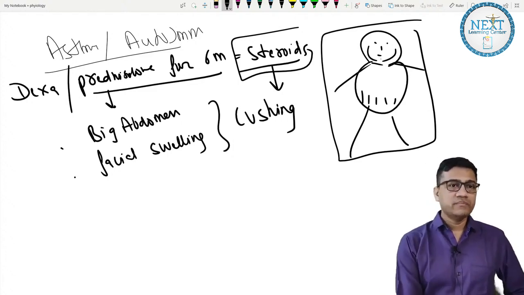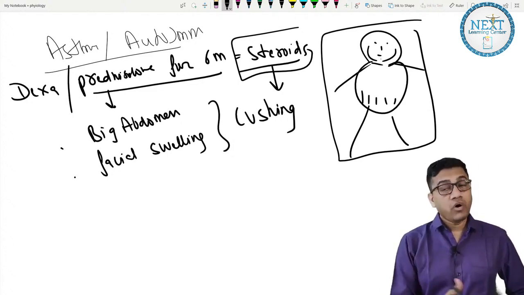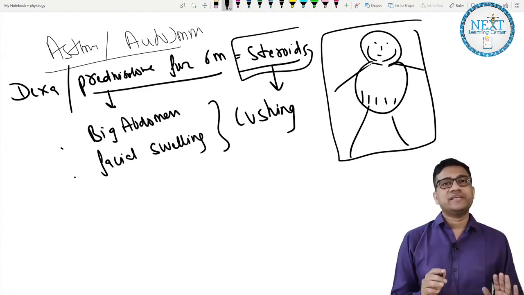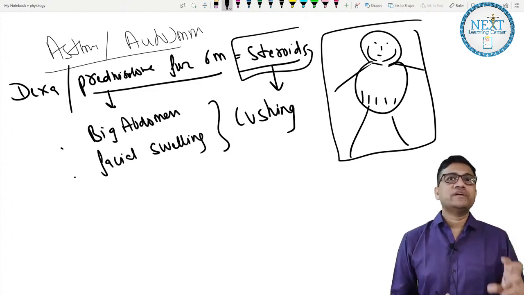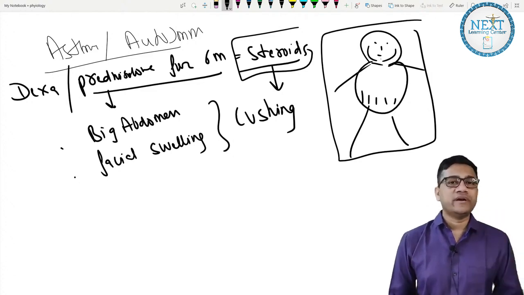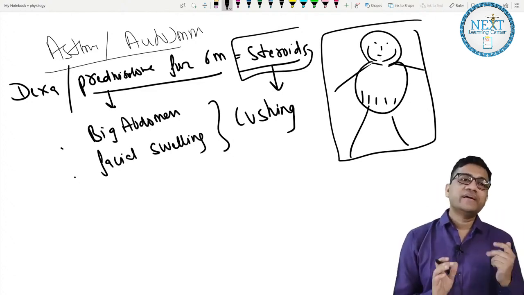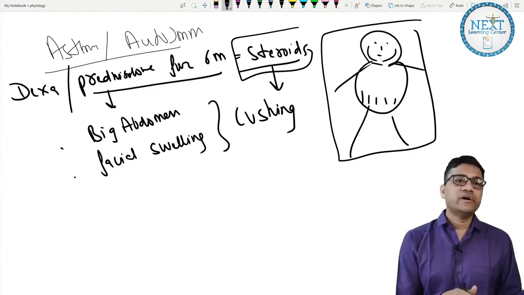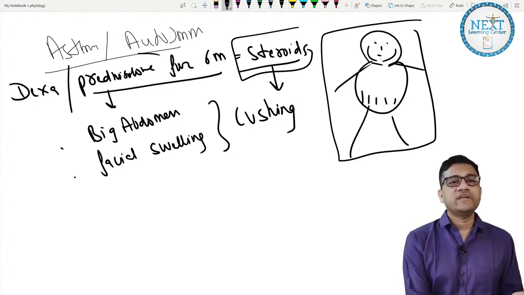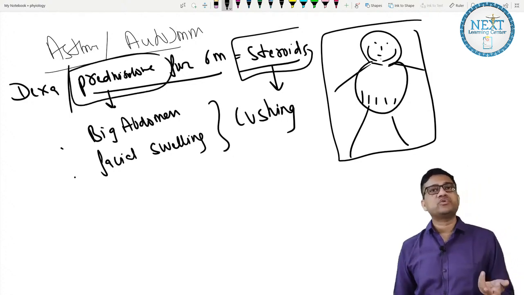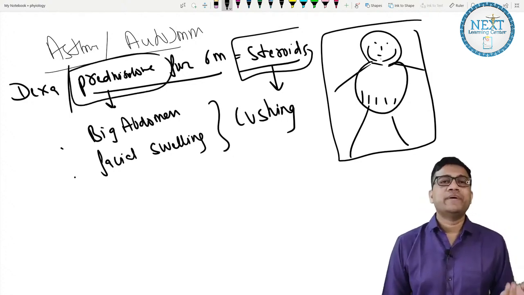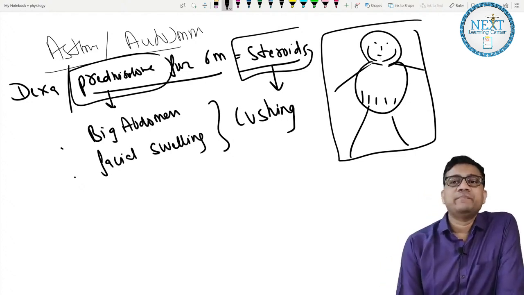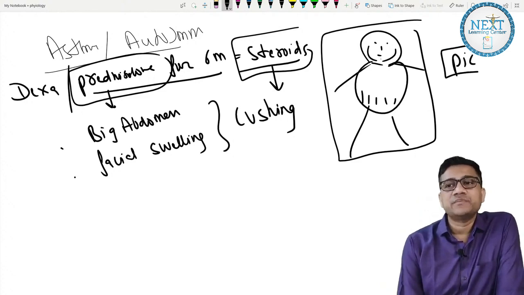Just theory, big abdomen swelling, or, so earlier they used to give one-liners like a patient is taking steroids for 6 months, so what condition is he most likely to get? One-liner. Now they will make a case, a 40-year, 50-year-old patient is taking these steroids, dexamethasone, or maybe they will not give the name of the steroid, but you know the 3 most commonly used steroids, which are? Yes, dexamethasone, prednisolone and hydrocortisone. So if he's taking steroids, he will develop Cushing's. So that is why pictures make things much better.